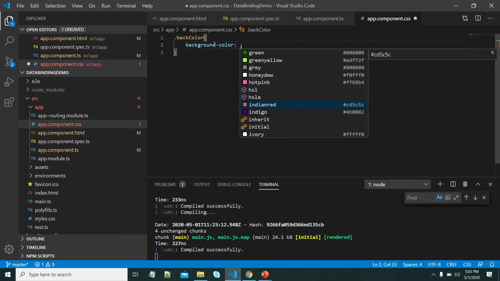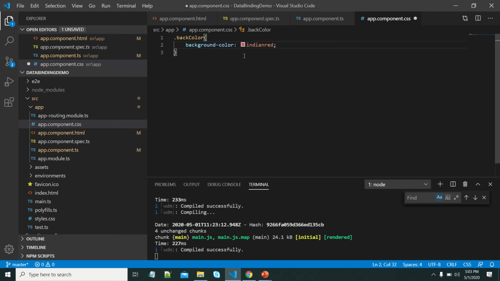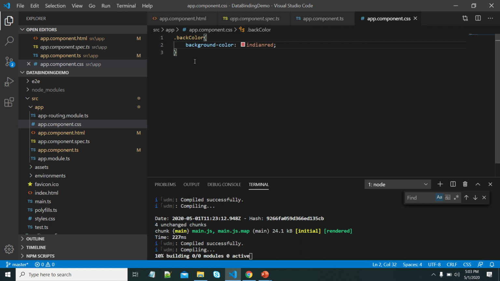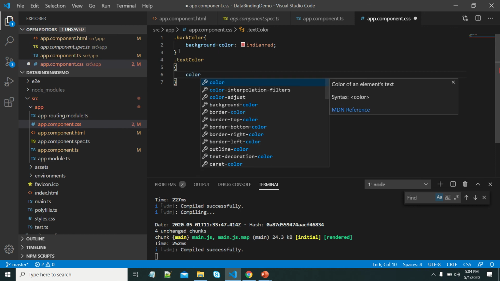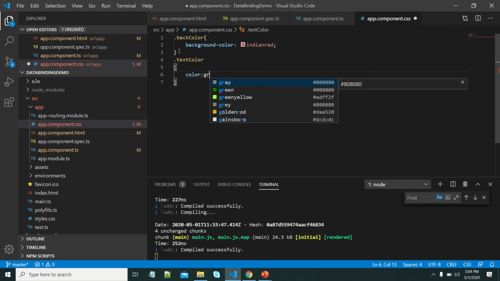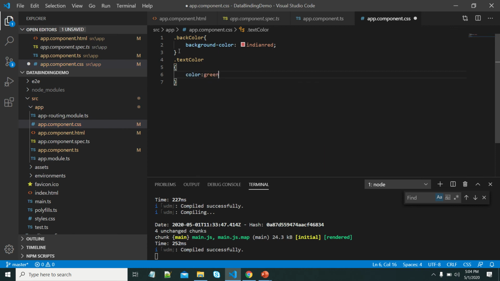Let me put some color. Let me add one more class, dot text color, and let me put green color. Okay, these are the two classes available.